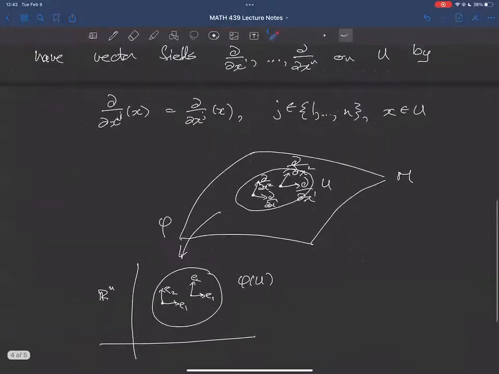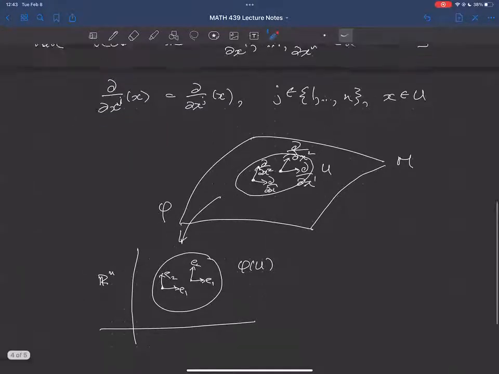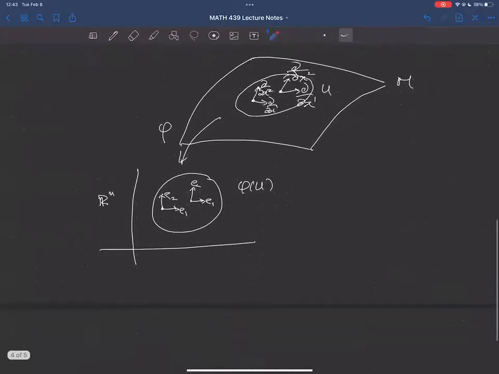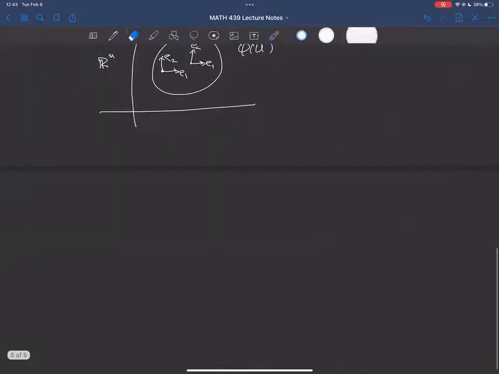All right, so now we have these basis vector fields, and so therefore, if I have any vector field, let's say capital X, at every point in U, X of x will be necessarily a linear combination of the basis vectors at the tangent space to M at the point x. Okay, so if X is a vector field,